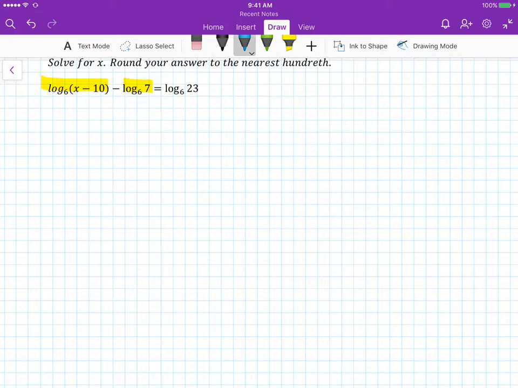by making this the log base 6 of, and turning the subtraction into a division. So on here it says x minus 10 over 7. So those were the 2 things we were taking the logs of, x minus 10 and 7. And so we could just use the quotient rule and change subtraction to division. Then this over here didn't actually change. Oops. The log base 6